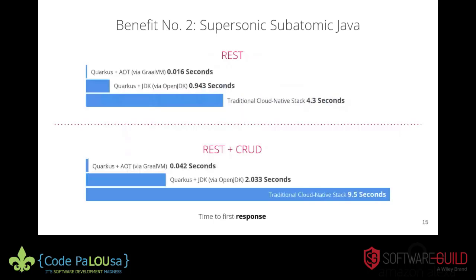So startup times, obviously, size is one thing, but startup times are something that we're really focused on. And you can see those two applications that we just covered size-wise. For the simple REST application, you can see the startup time of the traditional stack is about 4.5 seconds. And with Quarkus, natively compiled, it's about 0.016 seconds. And really impressive, obviously, even with just the traditional HotSpot VM. And the same is true for the CRUD applications. So really incredibly fast startup times and really small footprints. And again, that's what we were striving for.